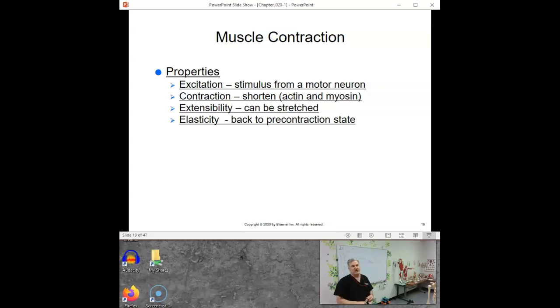That's excitation. Contraction is the thing that I always keep talking to you about, right? The muscle can shorten. It's got actin and myosin inside it, and those proteins can work together. They have thick and thin filaments that grab onto each other and pull each other closer, and you've got loads and loads of sarcomeres in every single muscle cell, and they shorten that cell, and that's how you contract. That's the only thing muscles can really do, is contract.